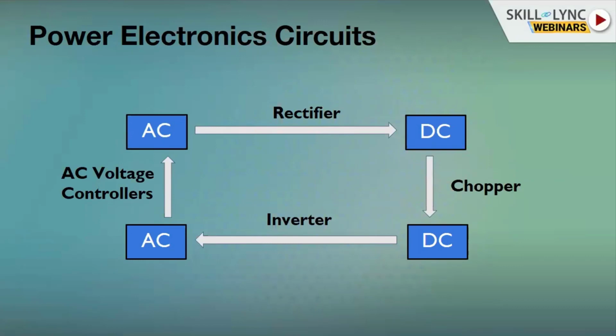So we were seeing the basics of the power electronic circuits. Since we are getting alternating current from the grid, we would have loads which are DC. For example, a DC motor load would require a DC supply. So we needed a power electronic device, which is nothing but a rectifier, which would convert AC to DC. A rectifier is a static unit which converts AC to DC.